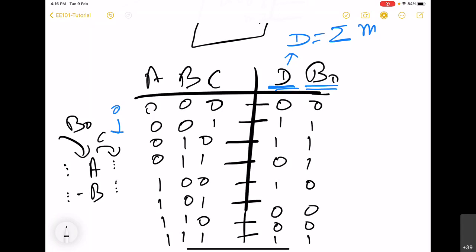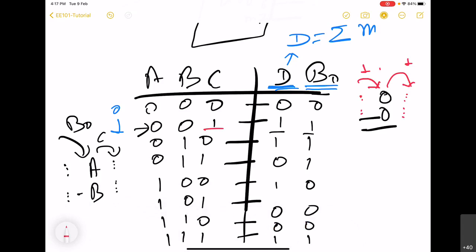So here we can take one example of this case to understand how D is 1 and B naught is 1. Here we have to carry out 0 minus 0. A is 0, B is also 0. This is what we have to carry out. And here C is 1. That means it has already given one borrow to the left side. Since it is 0, it cannot give 1 to the right side.